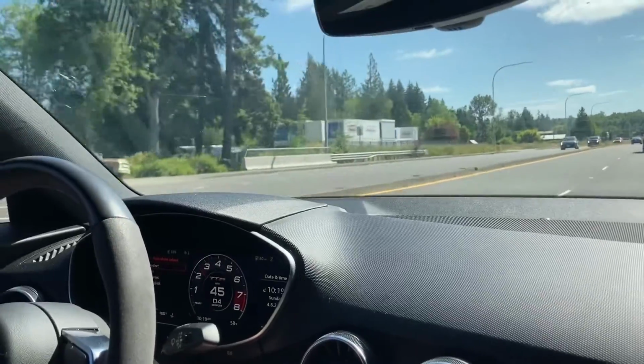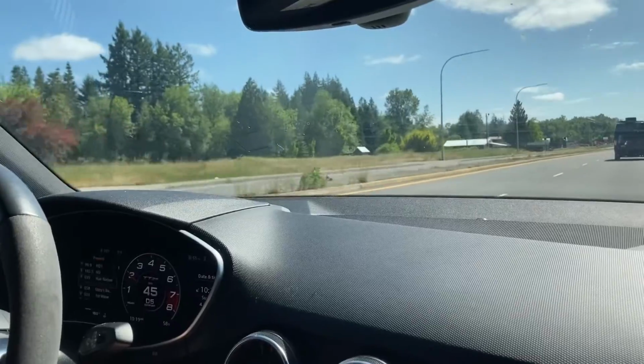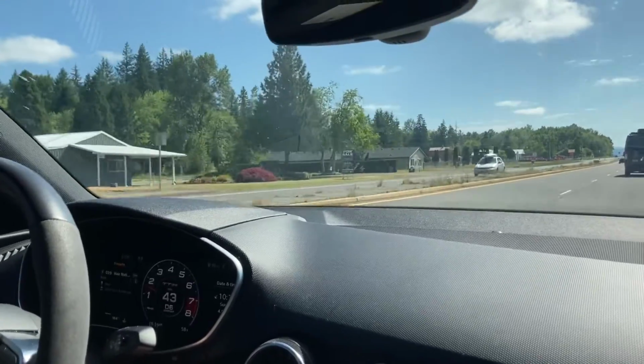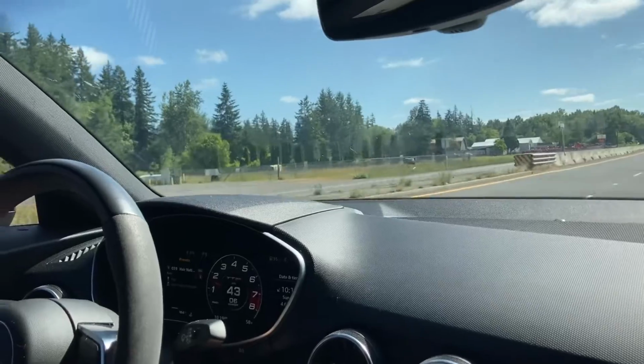That was like three-quarters throttle. That wasn't still even full, and this thing throws you back in your seat. So we're just gonna cruise back. We're just kind of going around the block, a few miles here. Yeah, ride's good. But like I said, sorry, getting distracted, talking about the other cars, like the Supra,